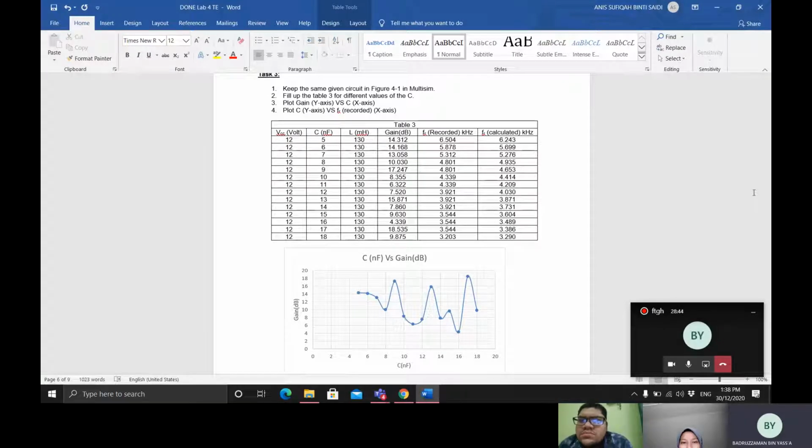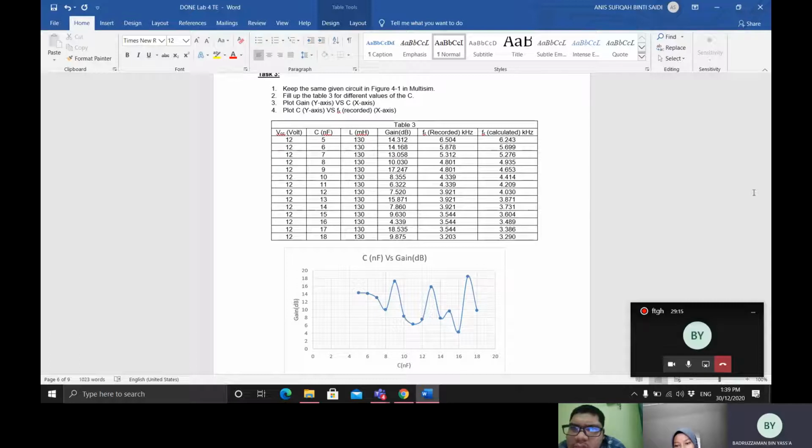The VCC remains unchanged at 12 volts, and the frequency is calculated from the formula 1 over 2 pi times square root LC. As you can see from the table, the first graph we have is capacitor